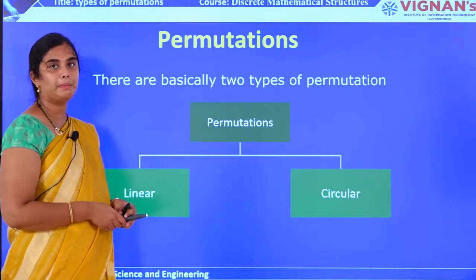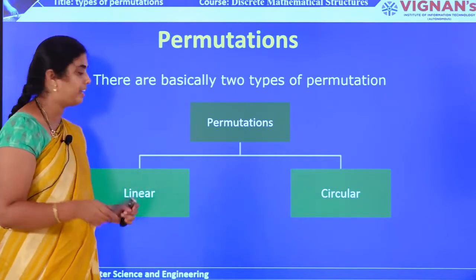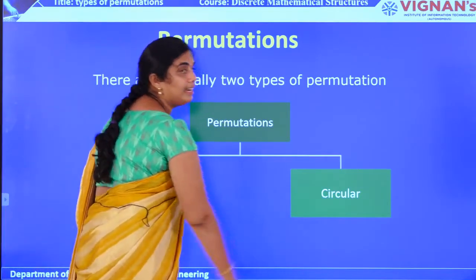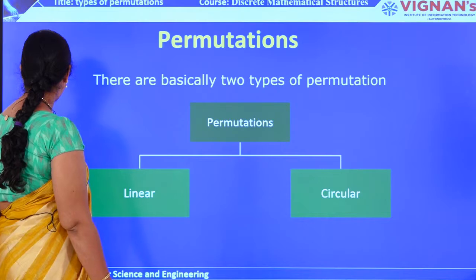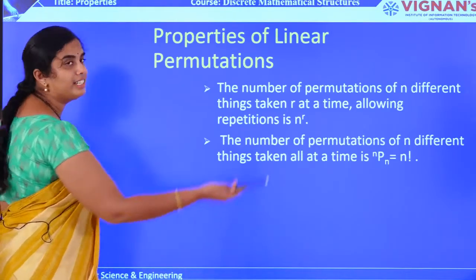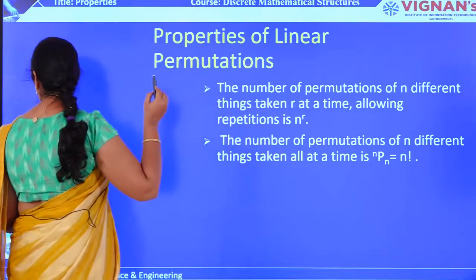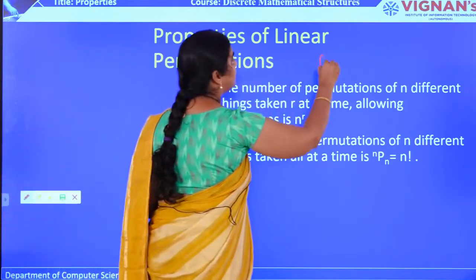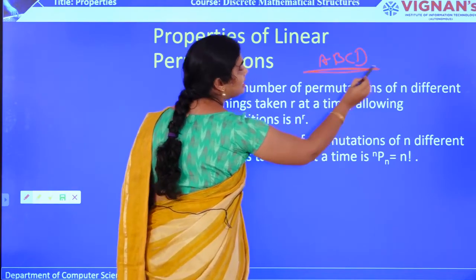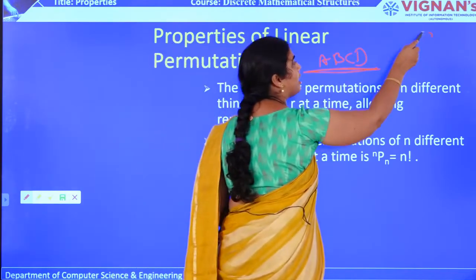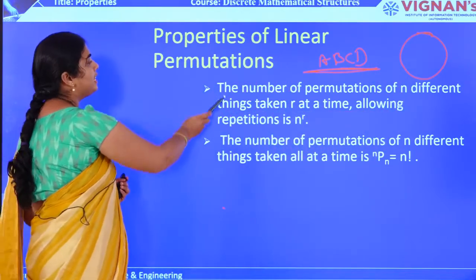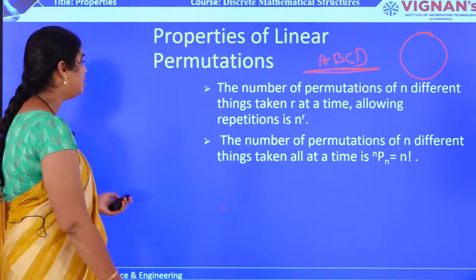See, now you have learned about permutations, and these are the different types of permutations. Firstly, a permutation can be done in a linear way and the other one is the circular way. Firstly, let us see the linear permutations. Linear permutations are like A, B, C, D are given for you and you are asked to arrange them in a line. This is called linear permutation. If you are asked to arrange in a circular manner, then it is called circular permutation.